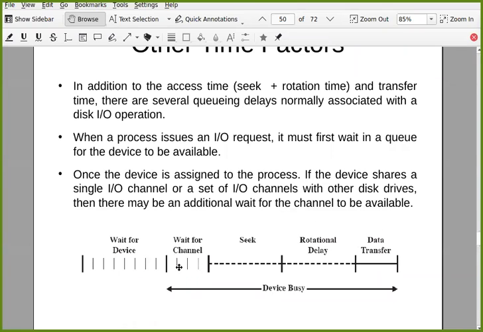So these are the other timings added to the actual time taken for your disk IO operation. But if we ignore this part, and consider that the device and channel are allocated to you, then the time taken is access time plus transfer time.